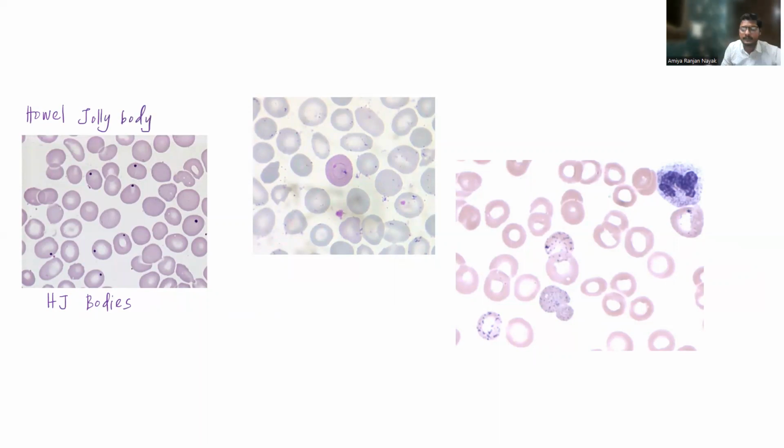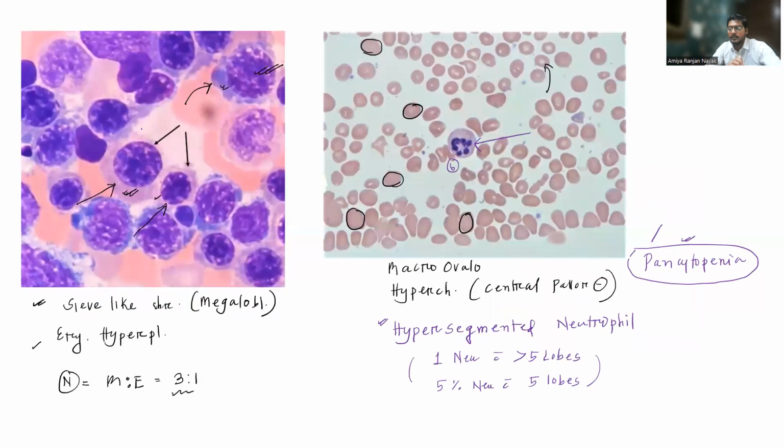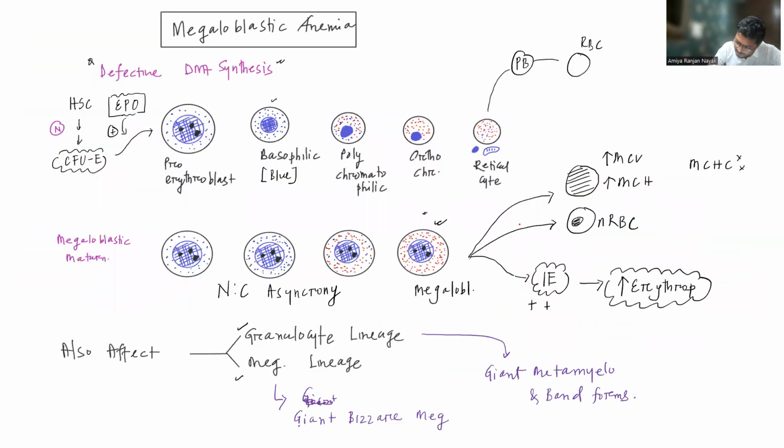These are actually nothing but condensed chromatin materials. As I have told you previously, reticulocytes have a few net-like chromatin materials, and after coming to the peripheral circulation, the splenic macrophages will remove those chromatin materials, so that in the mature RBC you are not going to find any of them. But if the patient doesn't have a spleen, or the chromatin materials are significantly high,